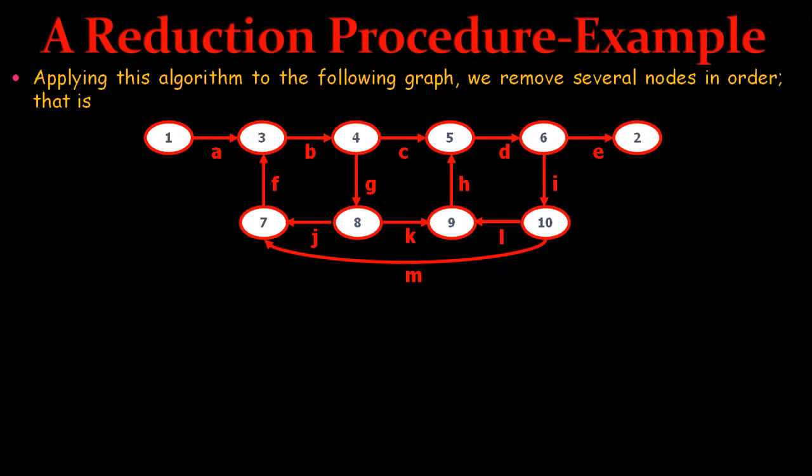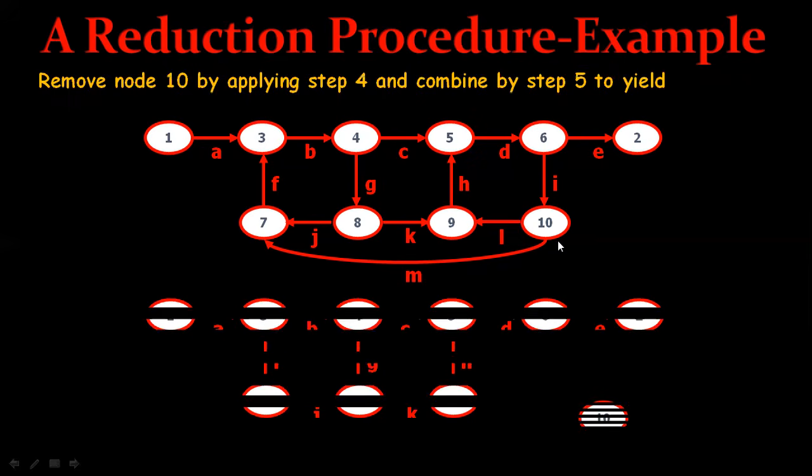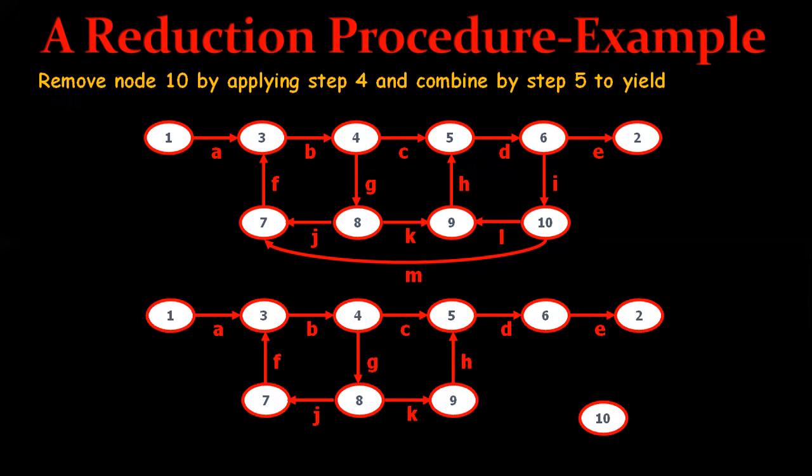Suppose I would like to remove the node 10. After removing the node 10, I have to apply the procedure from step 4 combined with step 5, which yields step 2. So I removed this node 10. Now the links are: I have a link from 6 to 10, and 10 to 9. So when I remove this node, I have to go from 6 to 9. So first I am coming from 6 to 10, so I will be first, L will be.